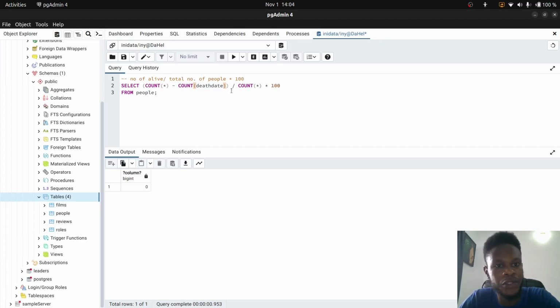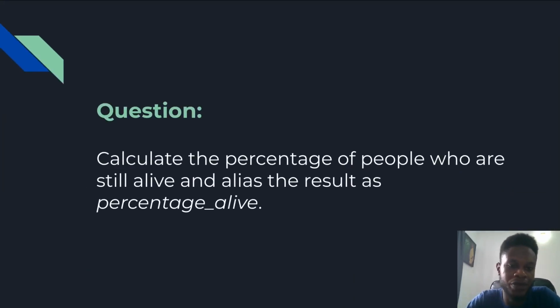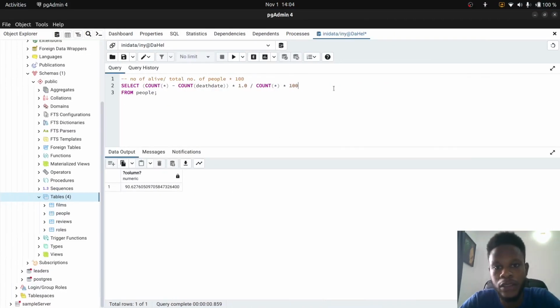If I want this numerator to be a float, I can multiply this by maybe 1.0. I mean, it's still going to be the same value, but I just want it to be a float. Either the numerator or denominator, one of them should be a float. Now that changes everything, as I'm getting 90.62. Hold on, I'll check the alias. The alias should be percentage alive, so let me just add that part as percentage